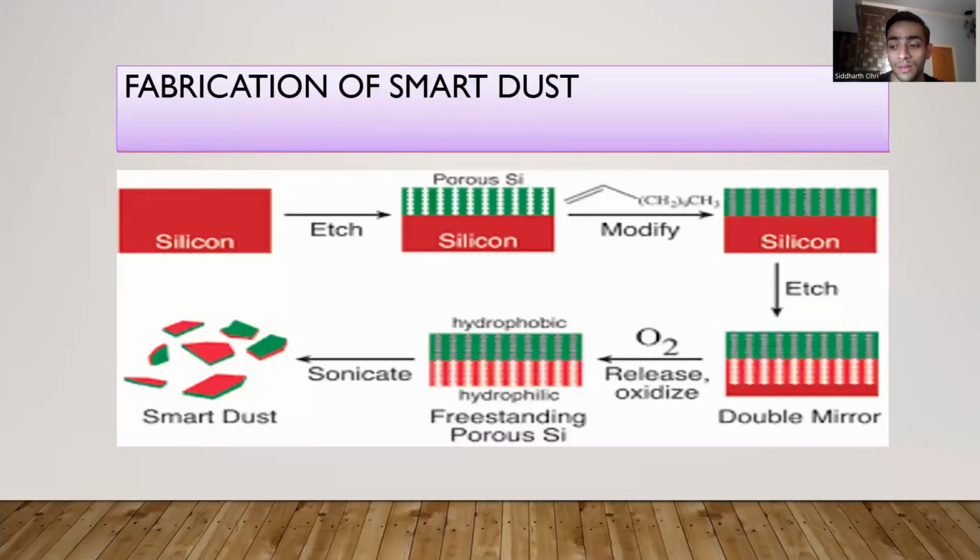Now we would be seeing the fabrication of smart dust. It is covered with a protective layer and is divided into two parts, porous silicon and hard silicon. It consists of a micro power supply, two sensors, and a MEMS actuator, that is micro electromechanical systems. The DC-DC converter in the micro power supply is fabricated using the 0.8 micrometer process. It is being fabricated in France.